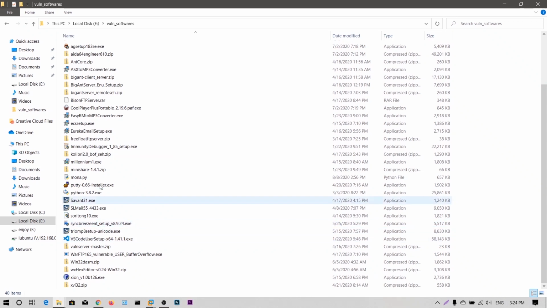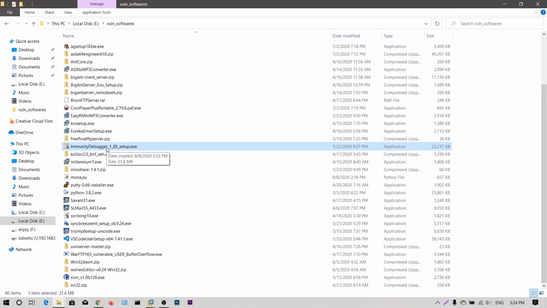So first what we are going to install is a debugger. I am going to use Immunity Debugger throughout this series and also a Python script called mona.py. It is helpful in our exploit development. We can create patterns, and we can search addresses and instructions.